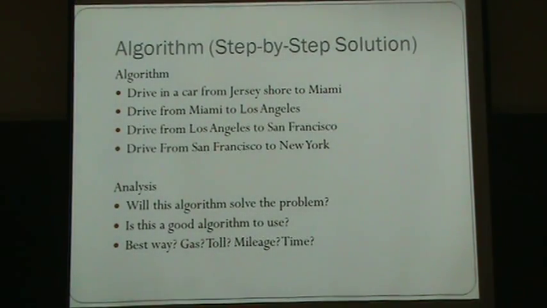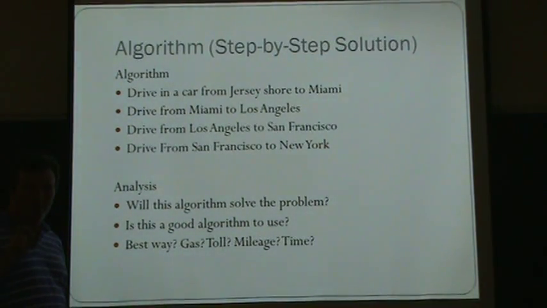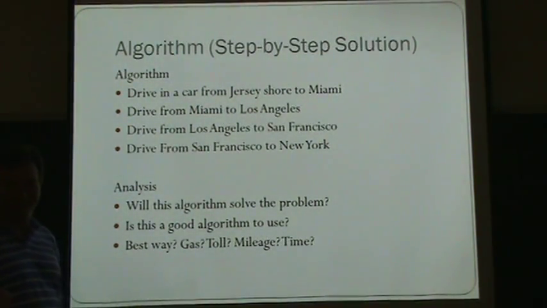Gas, tolls, miles. So actually, one of you said take Route 9, right? And one said take the Parkway. The Parkway is faster but has tolls, right? So you can kind of get into a debate, what's the better algorithm? All these algorithms work, but you wouldn't want to use this one because it's inefficient. How would you make the argument that this is not efficient? Probably using time, gas, wear and tear of the car.